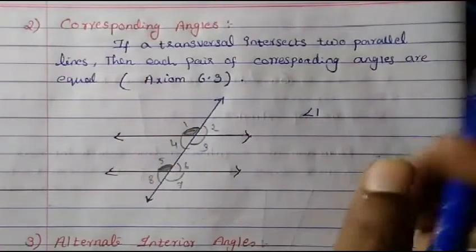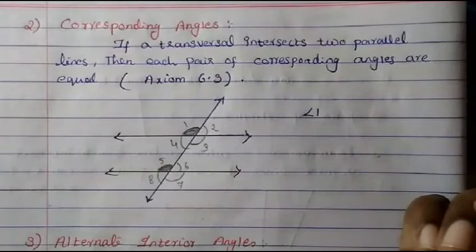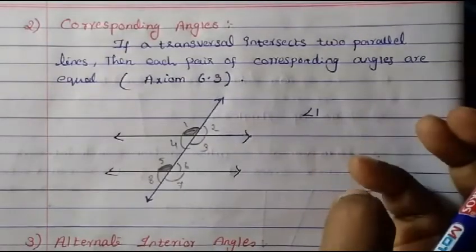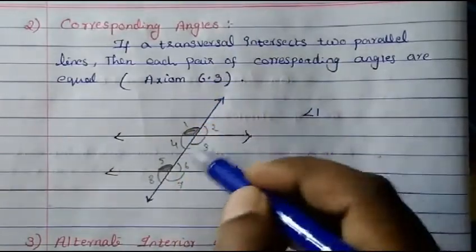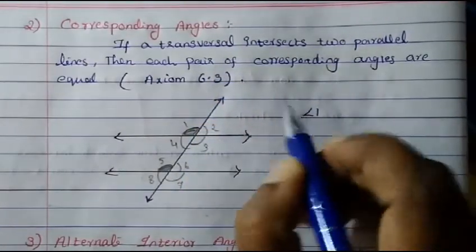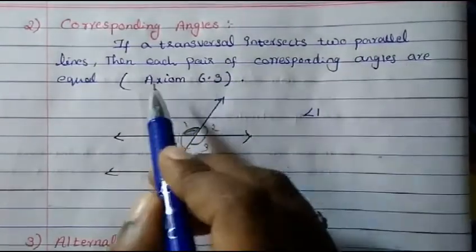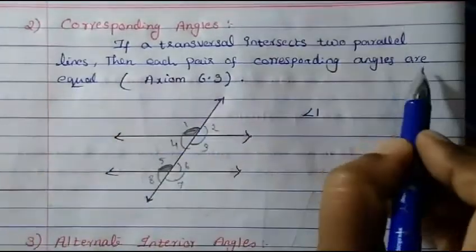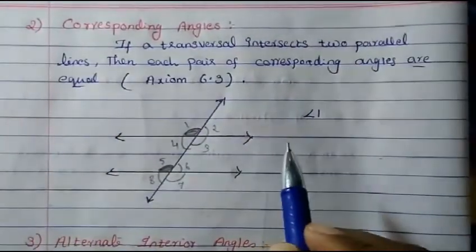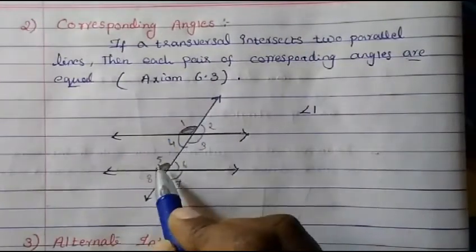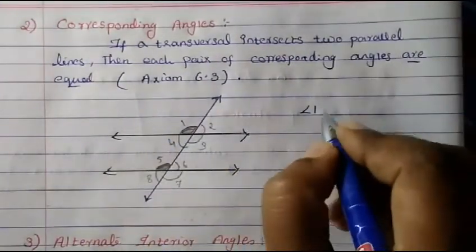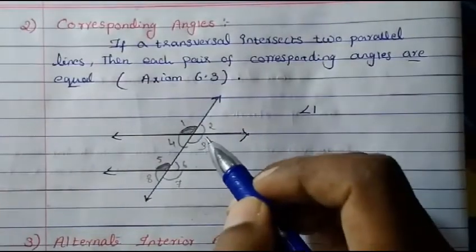All these things I will tell you in summary. When I am explaining to you, I will tell you in short. So now I am not going to explain. Now you only need to understand what corresponding angles are. So this is angle 1, and corresponding angles are also equal to each other. This all in summary I will explain to you in one word so that you remember. So what are corresponding angles? We try to understand which ones are corresponding angles, and corresponding angles are also equal to each other.